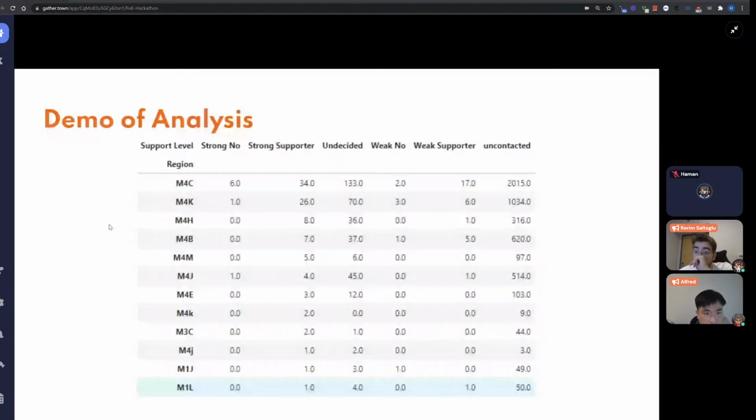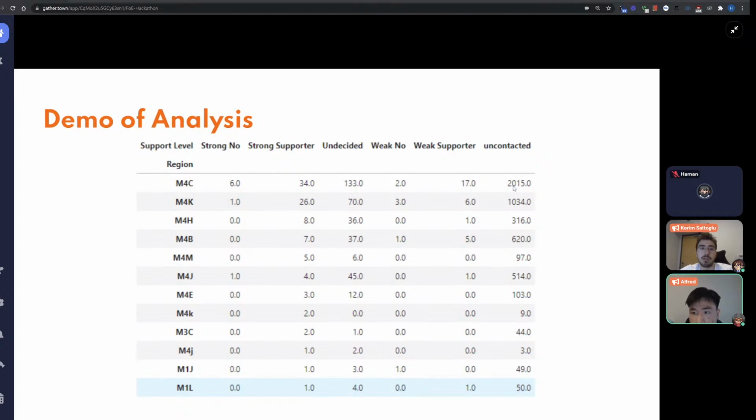Given the postal code, we grouped them by the first three characters, and then ranked the regions by the number of strong supporters from highest to lowest. The result was that the region with postal code M4C had the most strong supporters, 34 of them, and